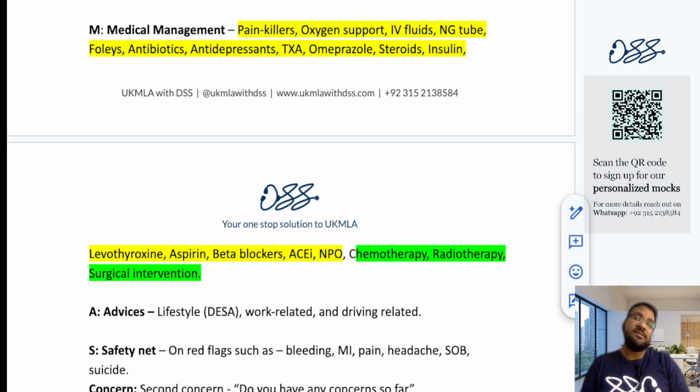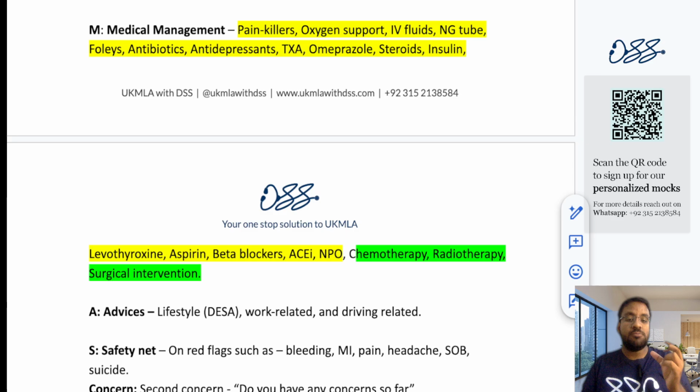So what you can do is say that you would be put on a 2 week urgent referral pathway with Mr. Adam. After that, you would be seen by a urologist. The urologist may want to start chemotherapy or radiotherapy, and they may want to do a surgical intervention, a procedure called the transurethral resection of the prostate, in which we'll be removing the cancerous prostate that is there in your body. Okay, so there are a few things that can be offered at your end, and there are a few things which are way above the level of an FY2.